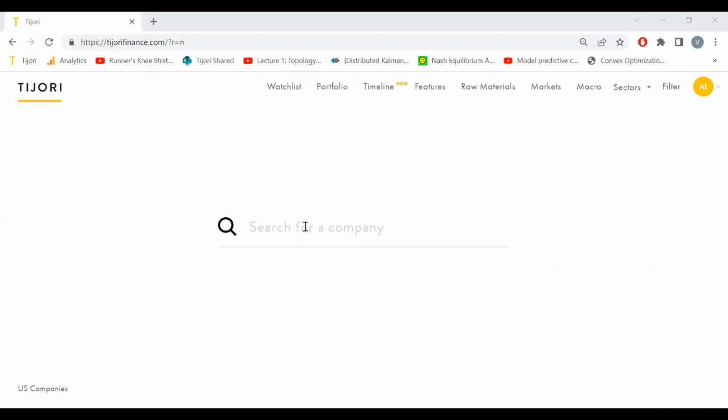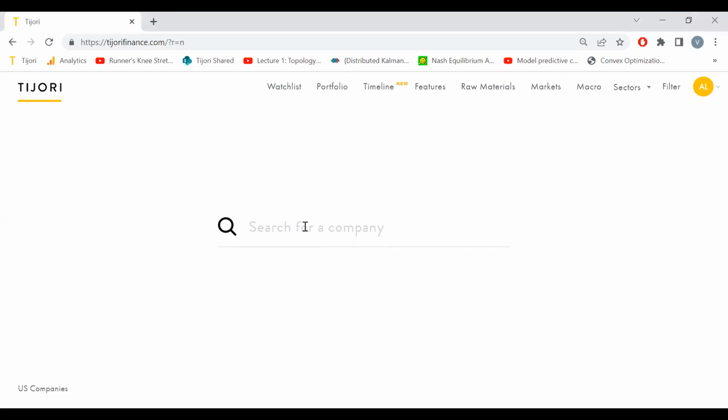So Varun, why don't we jump directly to Tijori and browse through and understand what the key features in Tijori are? Sure. Okay, so this is basically the landing page of our website, at least earlier. Now it's changed a bit. We can get to that later.